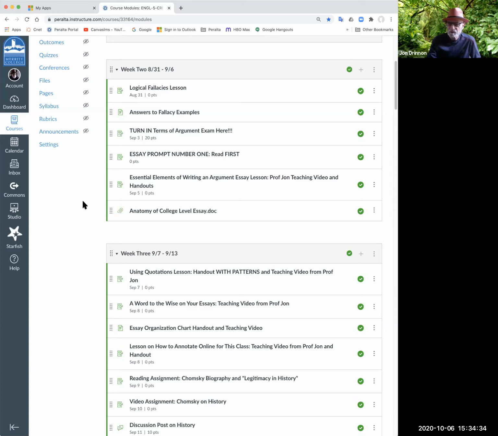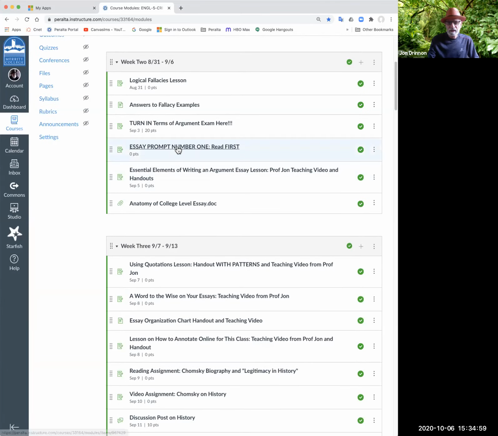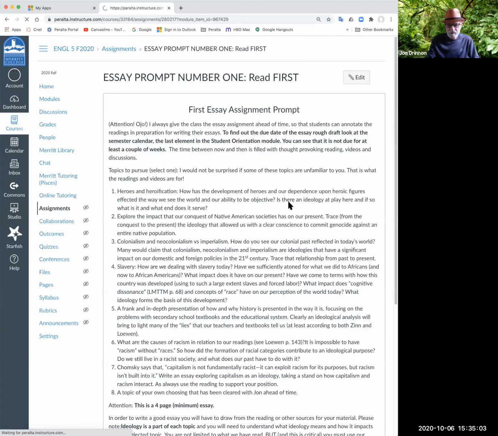Because if it's a reading-based essay, that means that you need to bring in at least 2 different items of support into every body paragraph. Every topic that you have, I want you to have 2 different items of support. So if you have to go back into the reading and find those from the beginning, that makes it very difficult. So that's why I put it in early on. You see here, week number 2, I put in the essay prompt, and I want to make sure that we're aware of the essay prompt.